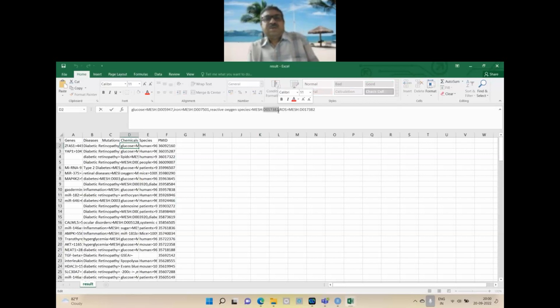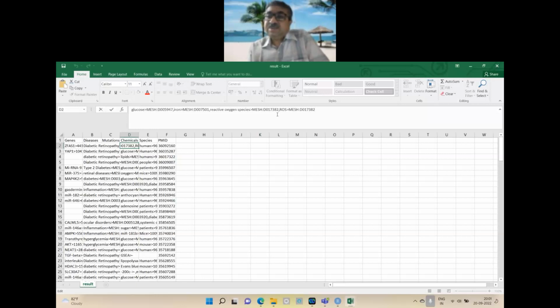This is a beautiful example of normalization. You can see reactive oxygen species, somebody has written, that is mapped to D017382. And ROS is also mapped to this because often reactive oxygen species is mentioned by authors as ROS in capital,